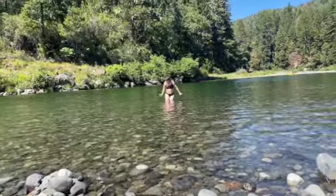We're gonna go swim in the Smith River. I don't think Mom's getting in. Not happening. But I will. So here we go. No worries, I can do